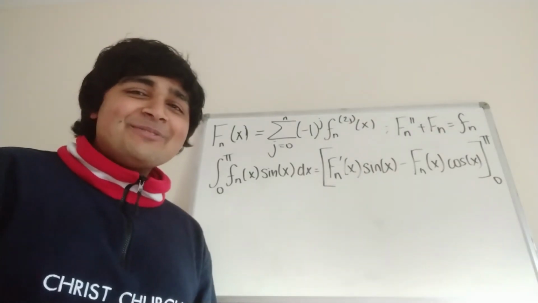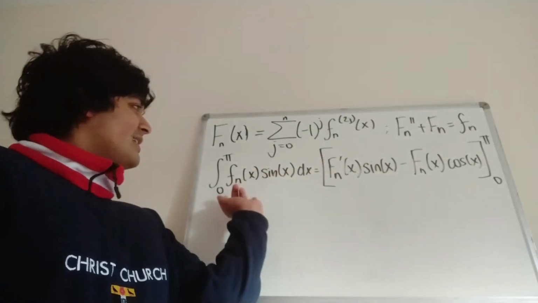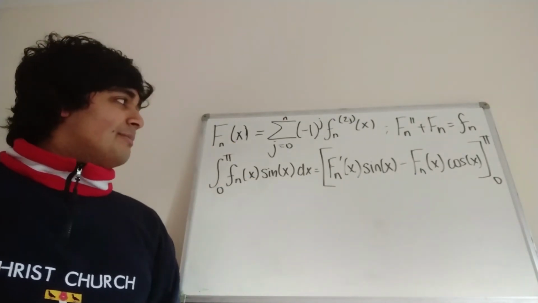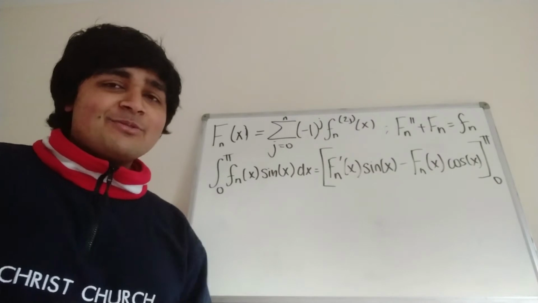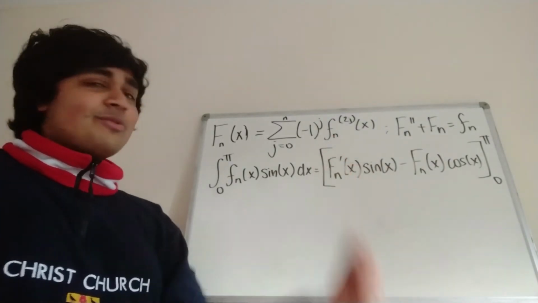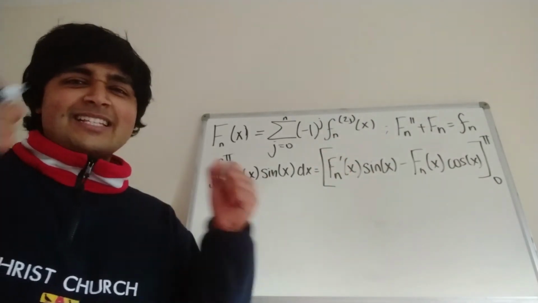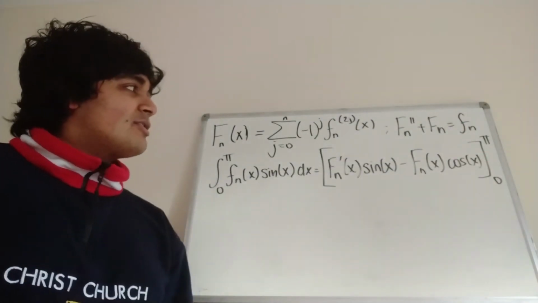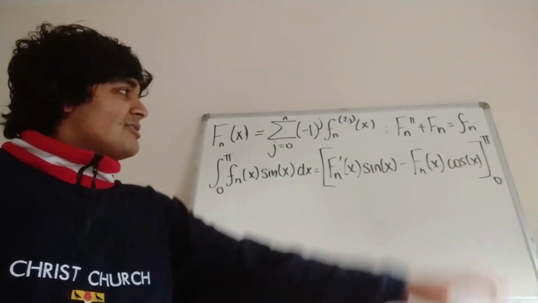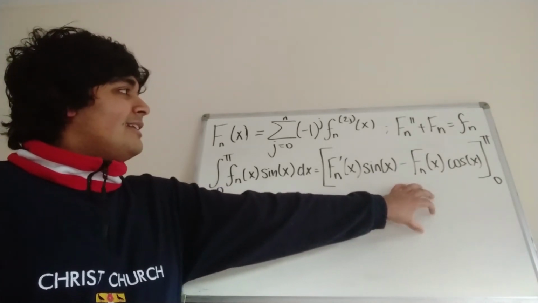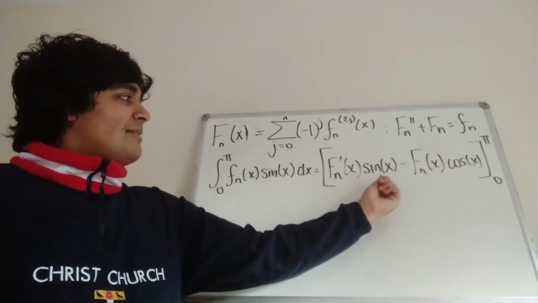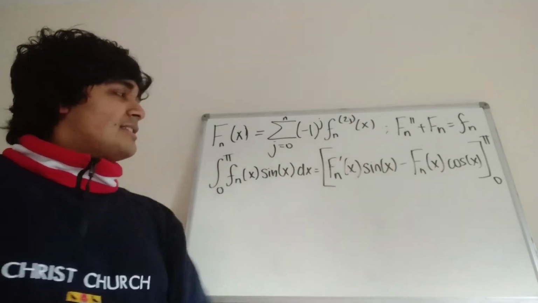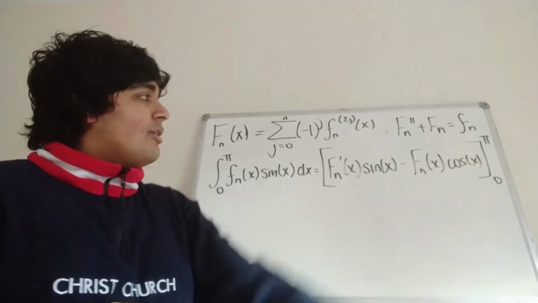Okay, so we're at the final step of this proof. What I've just done is written down what we just proved and now integrated both sides between 0 and pi, and then applied the fundamental theorem of calculus, which says that if you're integrating the derivative of something, essentially the integrals and the derivatives cancel, and then you just have to plug in the top limit and the lower limit. Okay, so let's look at this right hand side. For this guy here, when we plug in pi, sine of pi is 0 and sine of 0 is 0, so this thing is just going to vanish, so we just have to focus on this thing here.